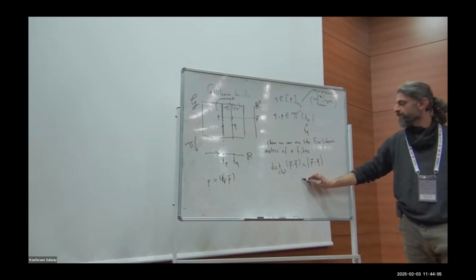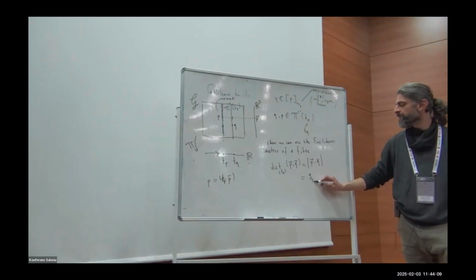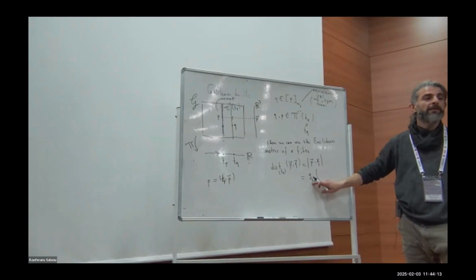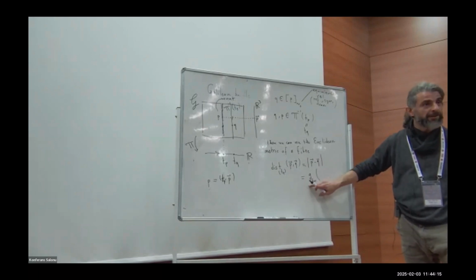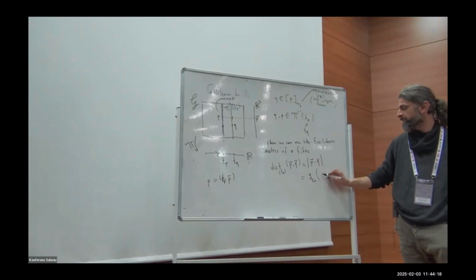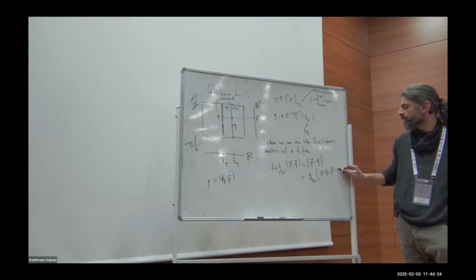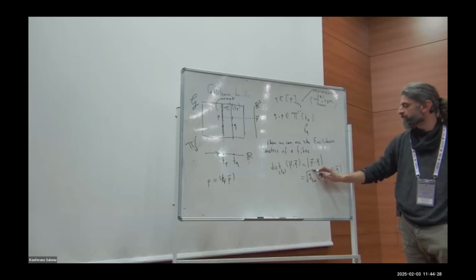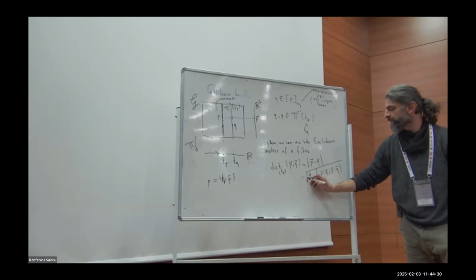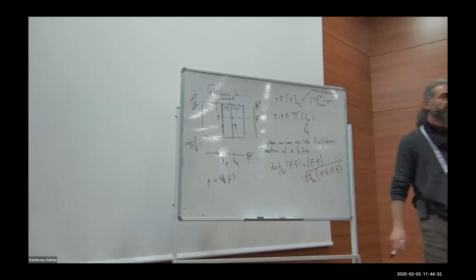Okay. You can also use the Euclidean metric and inner product in the functional analytical sense. This is positive definite. So we can take its square root and we choose the positive square root.